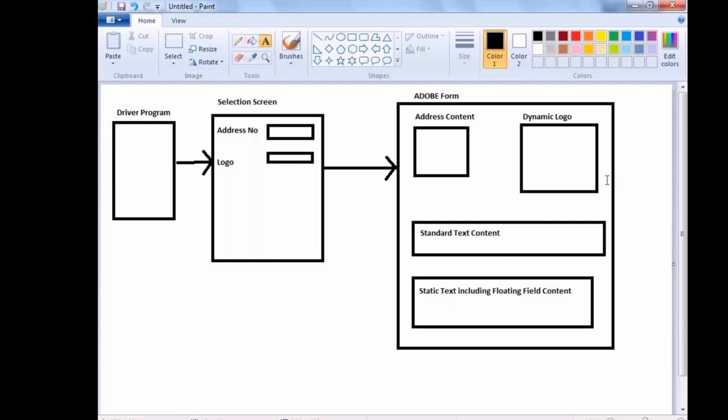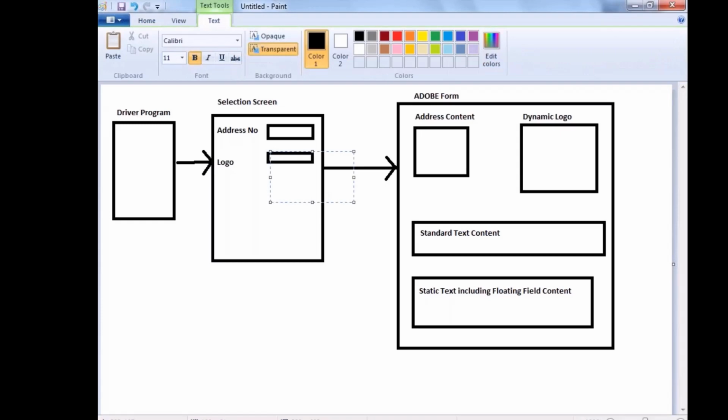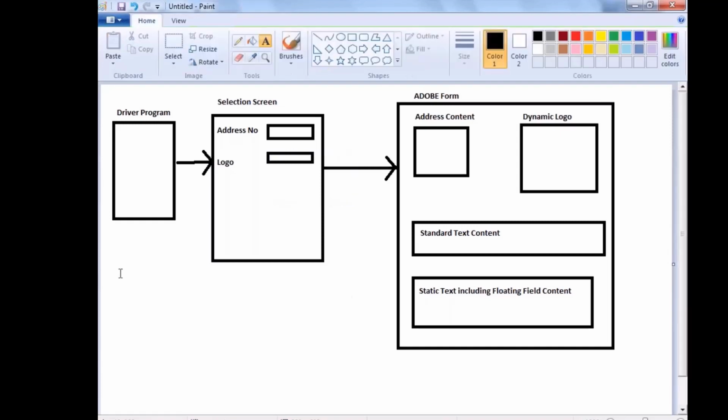You know? Similarly, in smart form also, you create the graphic object. But here, the main thing is dynamically. Dynamically in the sense, I'm going to upload the logos by using what? SE78. If I type logo 1 in my selection screen, that is the name of the logo, that logo should display. If I give logo 2, it should display that particular logo. Understood? The logo should be dynamic here. It's not static. That is important. So let's see how to do it.